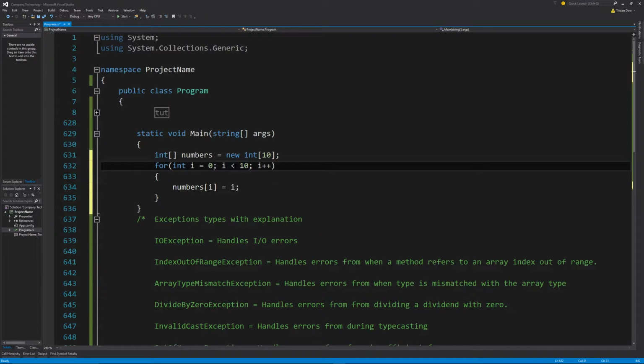But what if we said less than or equal to 10? This is going to throw an error, because it's actually going to count to number 10, and it's going to try and throw 10 in here. So if we start this,